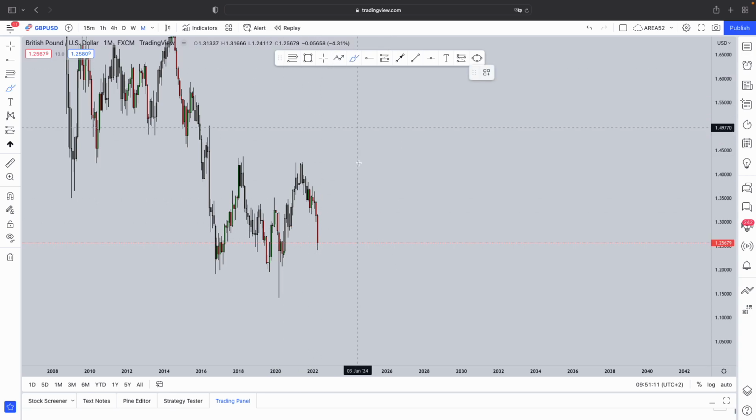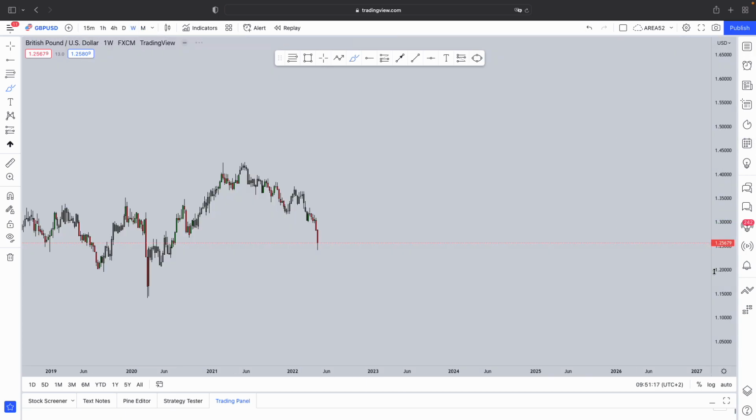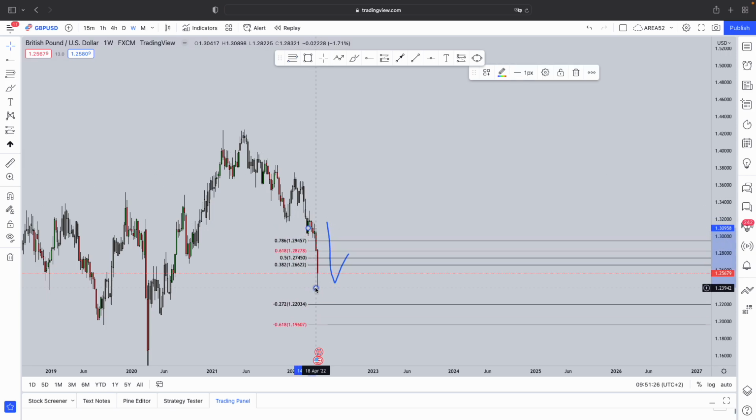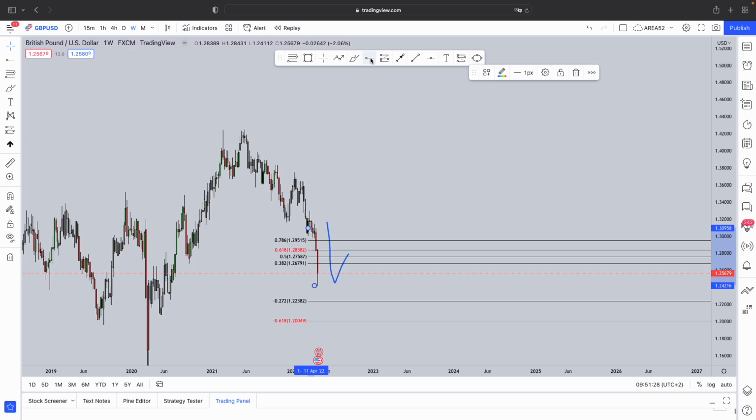The market also broke below the strong level of support, never came back to test it, and it's likely that the market is going to come and test that level in the near future. Now from a weekly perspective, we had this massive impulse. After an impulse, you expect a correction, and the best way to measure that correction is by taking your Fibonacci from the high to the low of the impulse. Now we do have a 0.382 pullback that's lining up perfectly with this previous level of support that got broken,